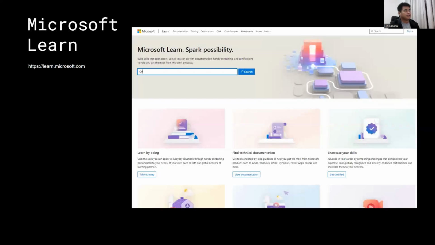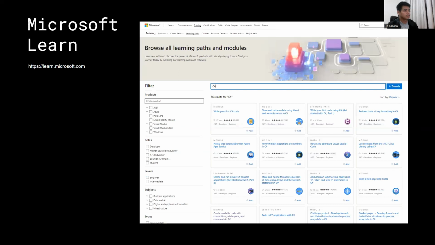All right, so how to get started with C Sharp? I'm very proud to say that Microsoft documentation has good quality learning materials and learning resources on their website, learn.microsoft.com. One of their learning platforms is what we call Microsoft Learn, where you can find a bunch of learning materials, courses, programs, and paths to a specific technology. So for example, if you want to learn C Sharp, you can go to learn.microsoft.com and find the C Sharp materials there, and you can straight